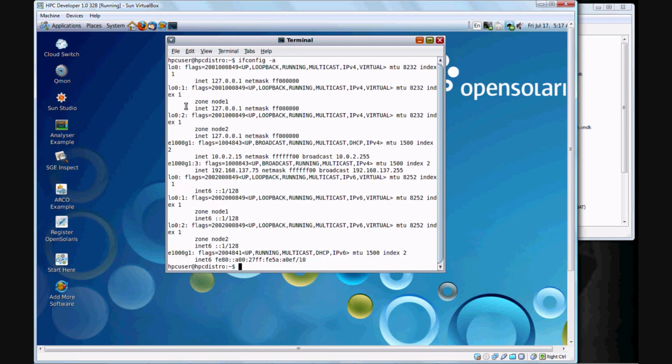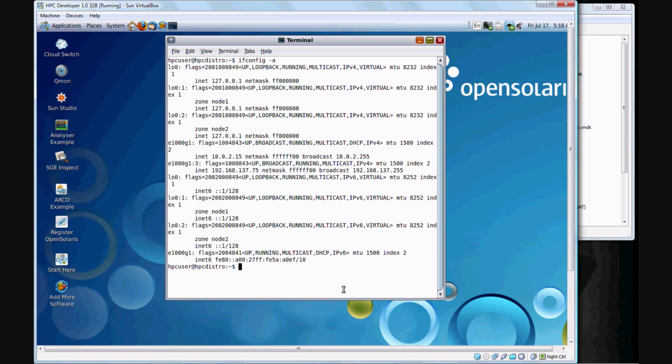As you can see, we have this network interface e1000g1. We should have e1000g1:1, 2, and 3, which we don't have configured. And this is a problem that occurs when you're doing the load of this VMware image into VirtualBox. So to fix that,